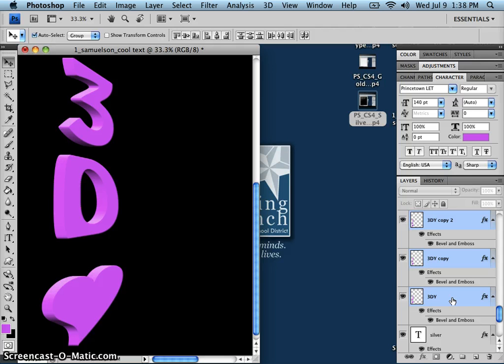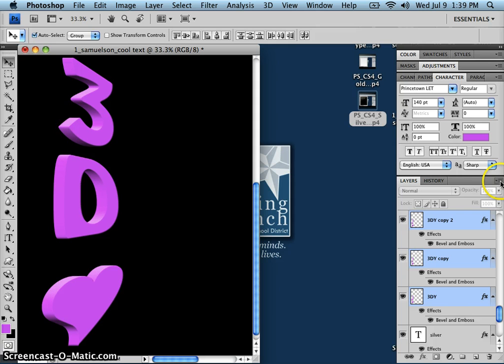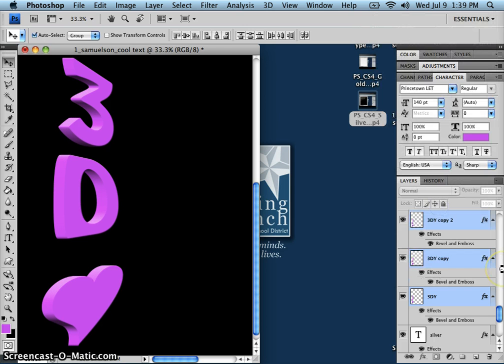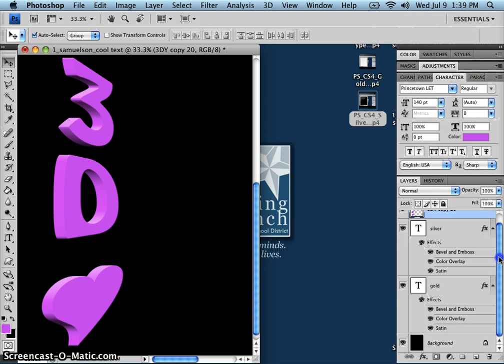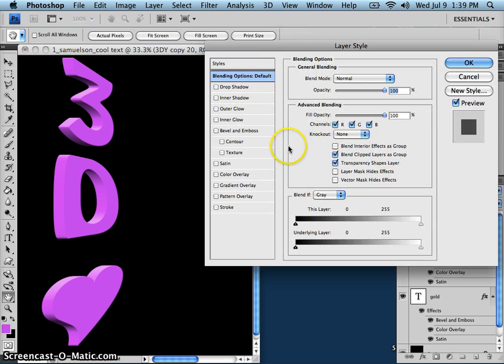Now, with all of those selected, I am going to merge those layers together. There's a couple of ways you can do it. You can either control click and pull up the drop down, or the pull out menu that says merge layers, or right up here. All panels have this little options menu, and you can choose merge layers from there. And now they become merged into one layer, which is convenient because now if I want to put a